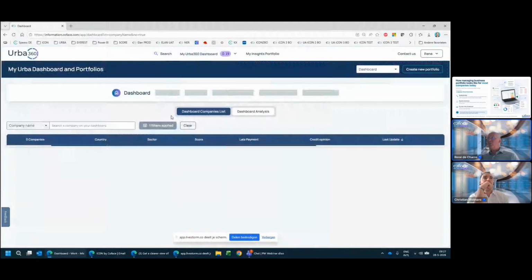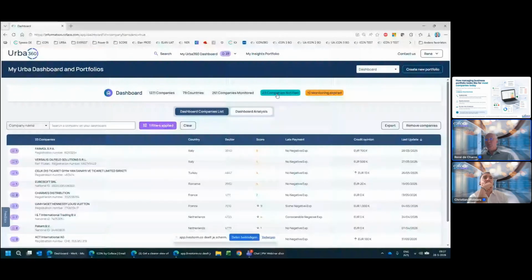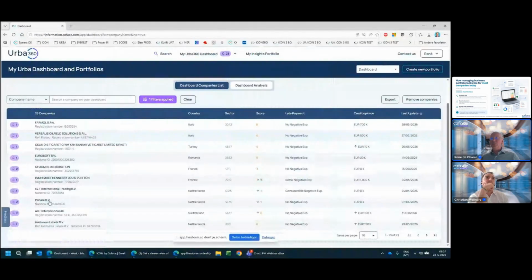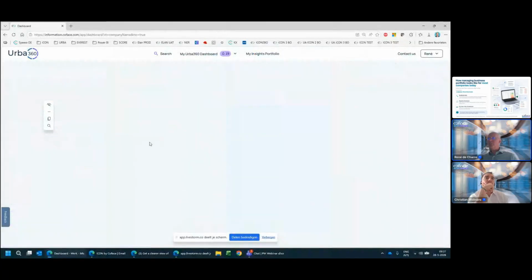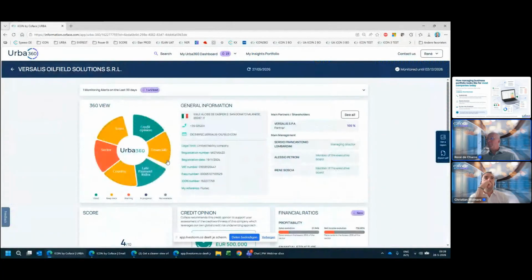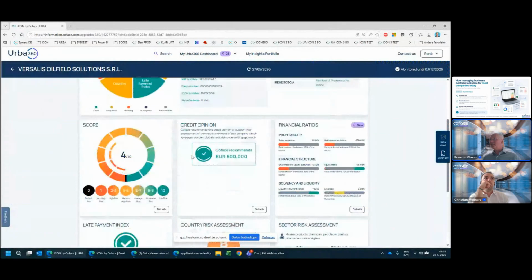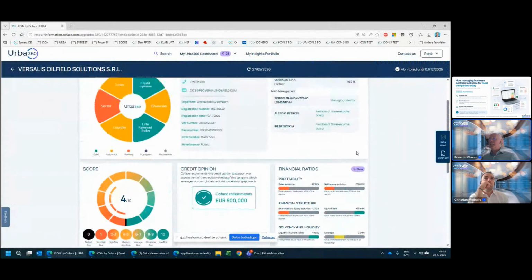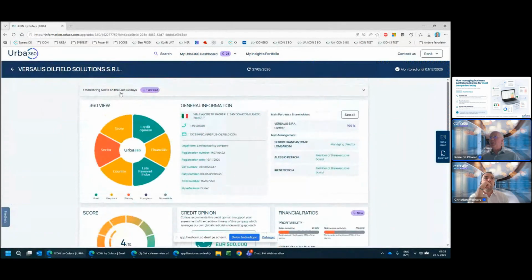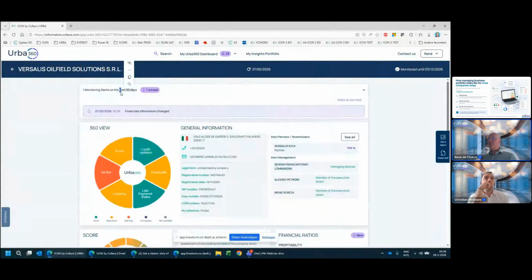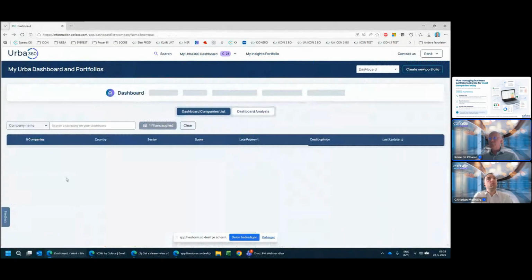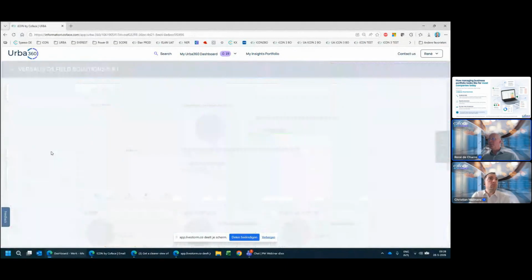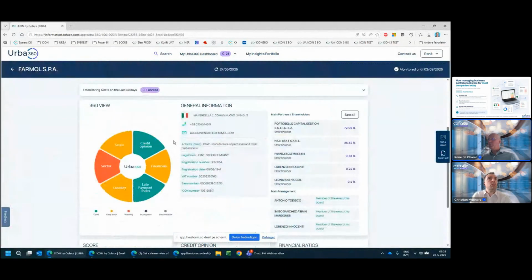So logging in again, when I select my companies notified, I get my 23 companies on which there is a notification. I can go to the company, I can click on the notification, and I can see in this case there is a new financial, and we display the notification here on top. So we see that there is a change in the financial information. In this one, the Italian company, we show you that